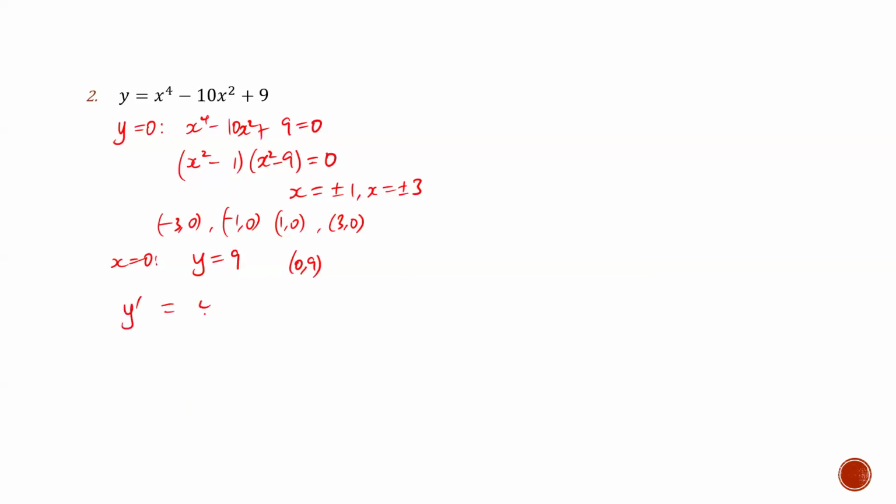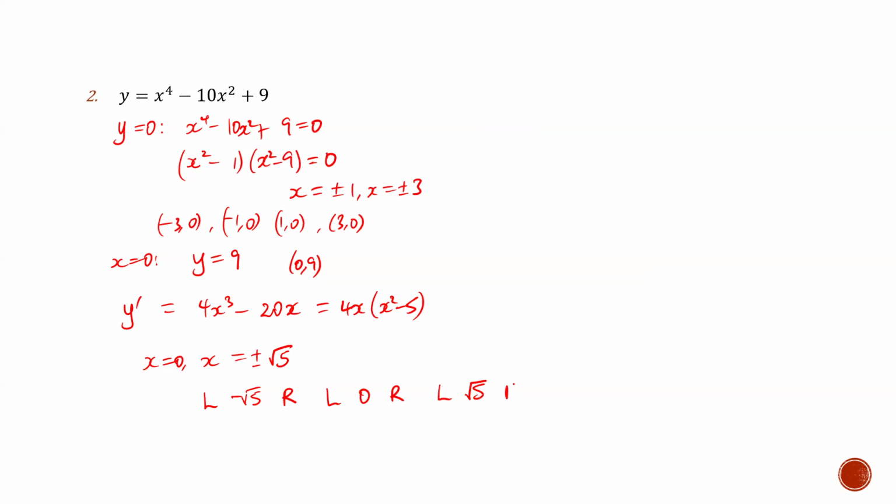Turning points: dy/dx is 4x cubed minus 20x, which is 4x times x squared minus 5. If you equated this to 0, you'd have x being 0 and x being plus or minus root 5 as the x values that cause turning points. So if we went ahead to draw our table: left of negative root 5, right; left of 0, right; and then left of root 5, right. So looking at the immediate right of these